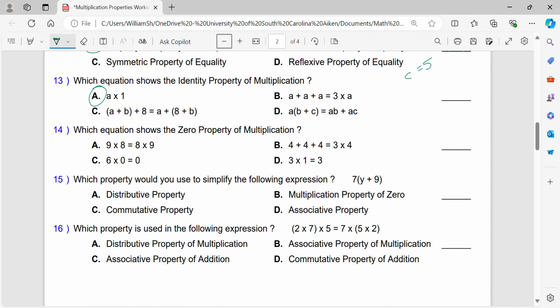Let's look at number 14. Number 14 says, which equation shows the zero property of multiplication? This one should be fairly obvious because only one of them has a 0 in it. The zero property basically says that anything times 0 is, indeed,